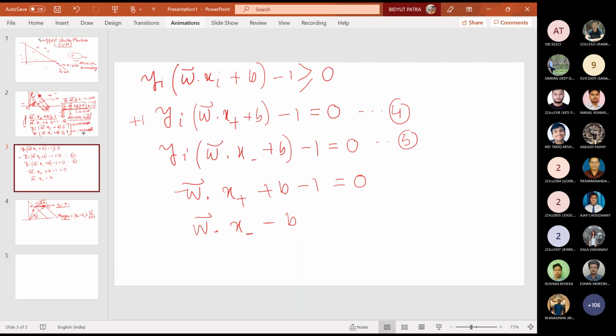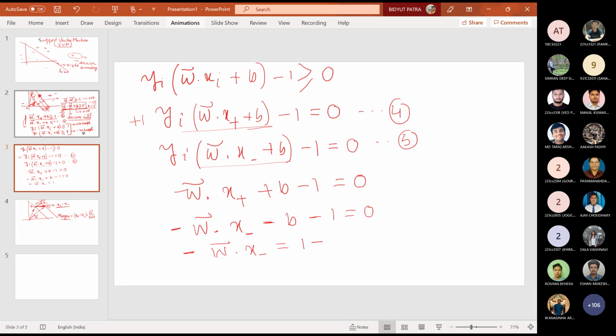So we multiply with Yi. Yeah, we multiply with only this portion, right? Because this one is okay, fine. So we multiply with Y1. So this will be minus, this will be minus, and then this will be minus 1 equal to 0. Okay. So therefore W into X minus sample equal to